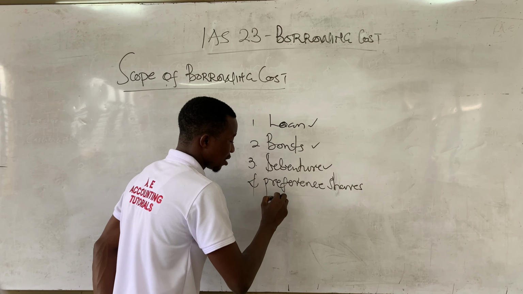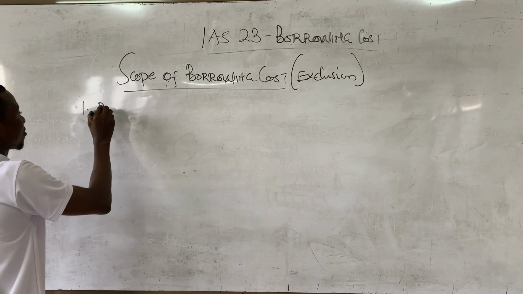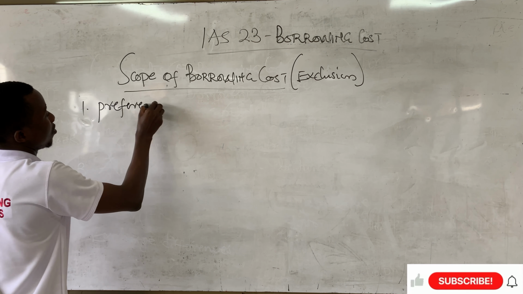So when I talk about the scope of borrowing costs, I'm actually talking about the exclusions. I'm talking about the exclusion of borrowing cost. So the first exclusion to this standard is preference capital, preference shares,